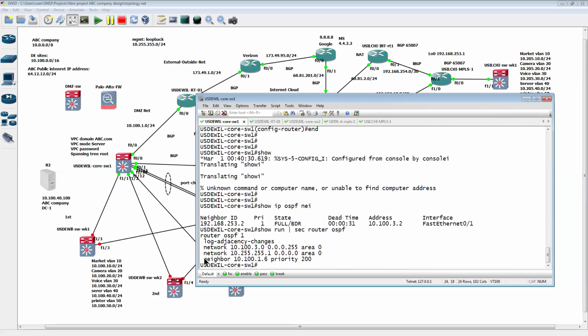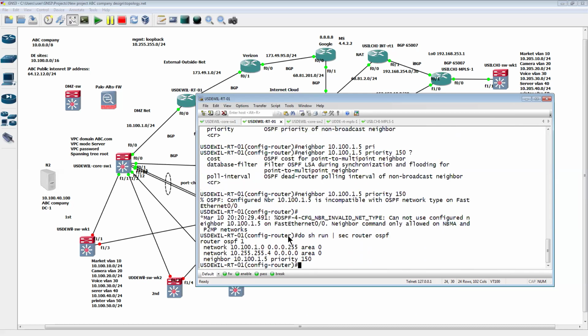See, we don't have any complaint. But why on this one do we have a complaint, right? Let me see in here. Show run again, section router OSPF. You see,